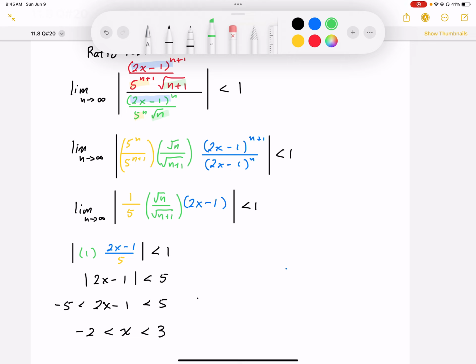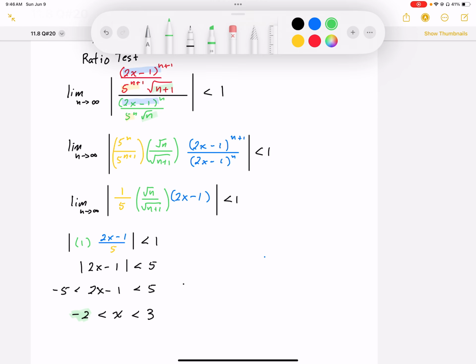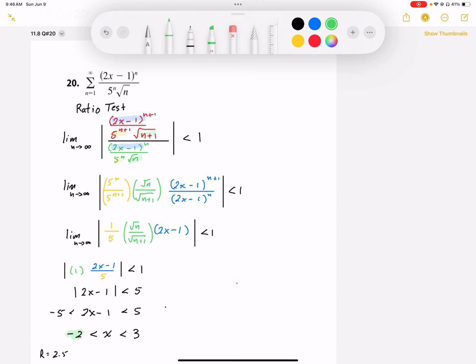Okay, so we're going to then test our inequalities here. So we'll test the left edge. At this point, maybe I should make note of the radius. The center is going to be at 1/2, and it looks like the radius is going to be 2.5. So the radius is equal to 2.5. And then now we're going to test our right edge and left edge. So I'm going to do a test here. Maybe find some room up here. We're going to test